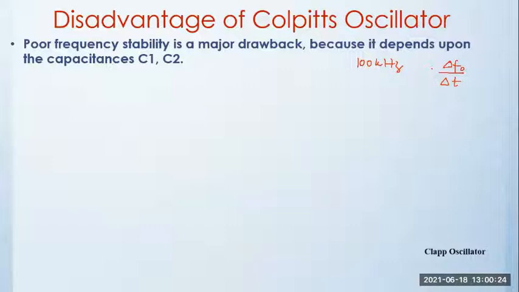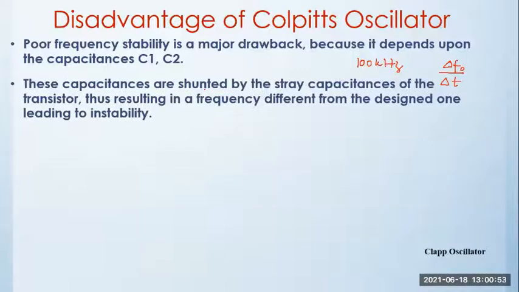Usually, all electronic circuits, every component will deteriorate with age. The more and more it is used, its efficiency becomes less and lesser. That's why you say electronic devices should be replaced once in 3 years or something like that. Here we want these devices to be used for a longer time, meaning we have to have better stability, and the stability depends on the capacitors in Colpitts.